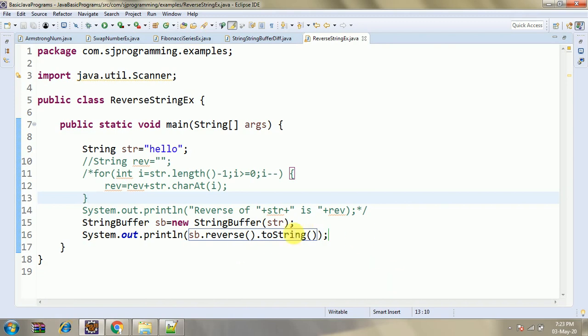So this is a simple one. But in the interview, the interviewer mostly asks the first approach. He will ask you to write code to reverse a string manually by writing your custom logic. So you should know both ways. Understood how we can reverse a string manually by writing custom logic and using a standard API?